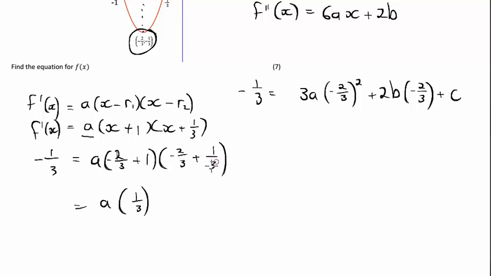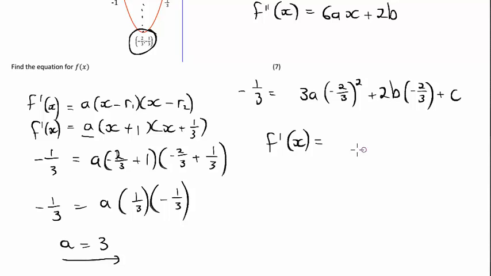This is negative a third plus a third, which gives me negative a third. All of this must be equal to negative a third, which means when I solve it, A itself must equal 3. If you simplify it, you'll see A is equal to 3. And so now I get that the formula for my derivative is 3x plus 1